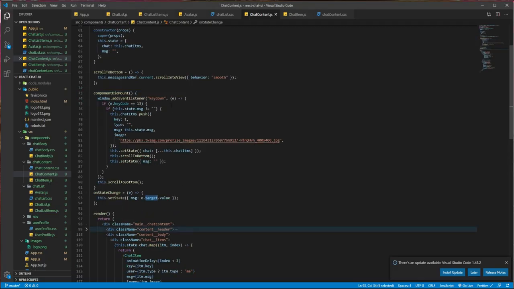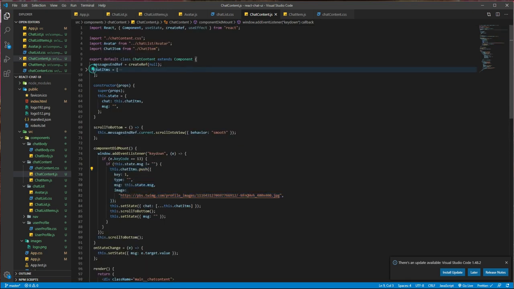And when we press enter, key code 13 meaning enter, we will push the message, whatever you are typing, to the variable we declared earlier, and after that we are assigning the state chat variable to that variable. This way, it is automatically updating the chat without contacting a backend provider.